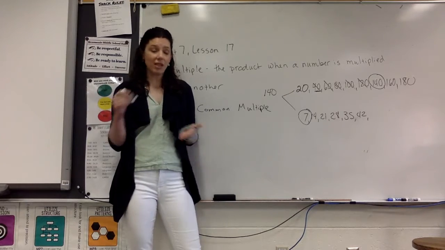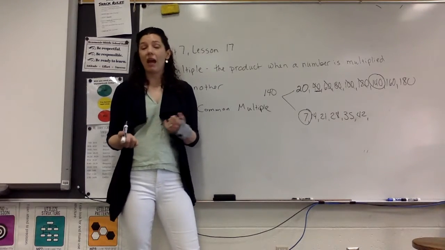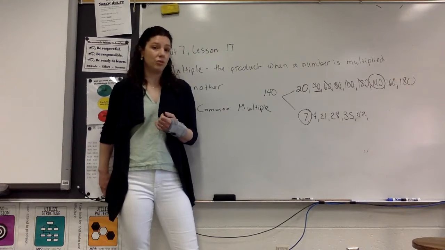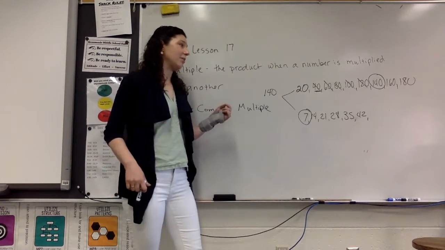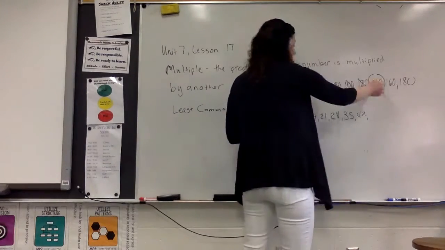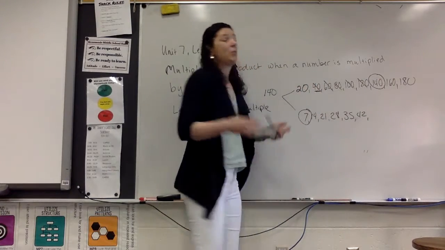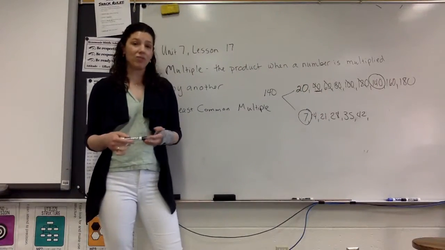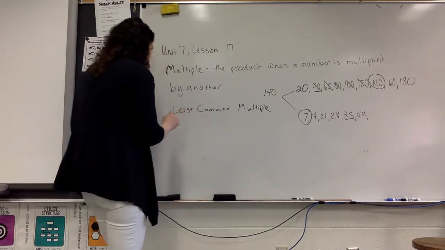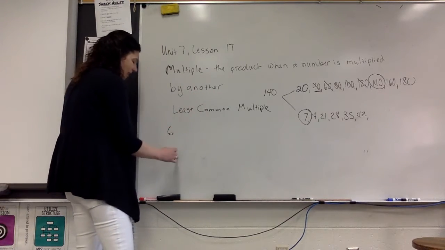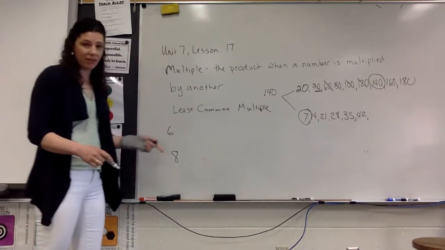Getting at your multiplication table, counting by those numbers, that is good practice in order to do this. Sometimes the least common multiple is the number that you get when you multiply the two numbers, but that is not always true. For example, if I took 6 and 8, right, when I multiply these together,